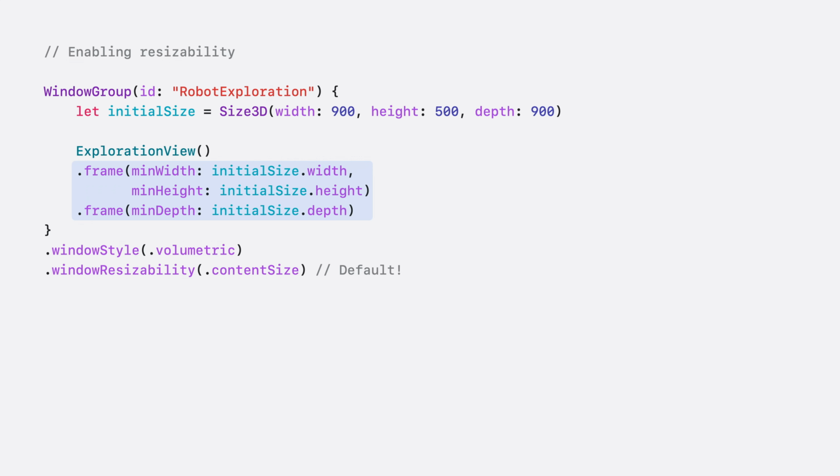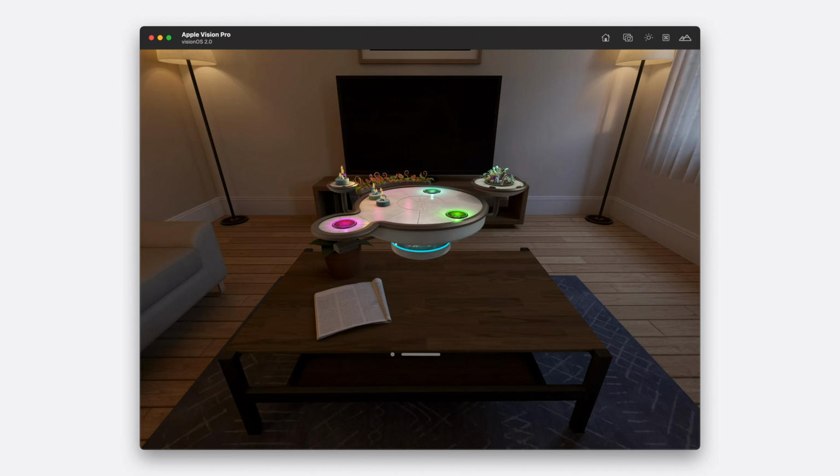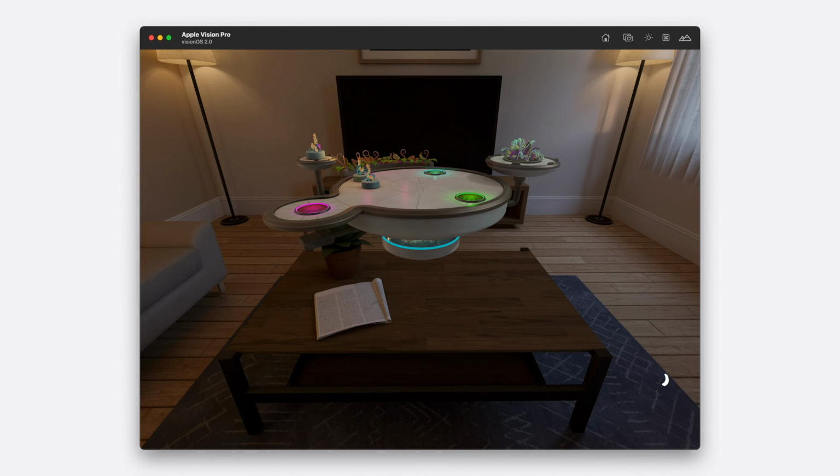And because the volume inherits the size of its content, it will now also allow resizing. Specifying a maximum size will also cap the size of the volume. Now, when I drag on the resize handles, the volume smoothly resizes. That's pretty neat.